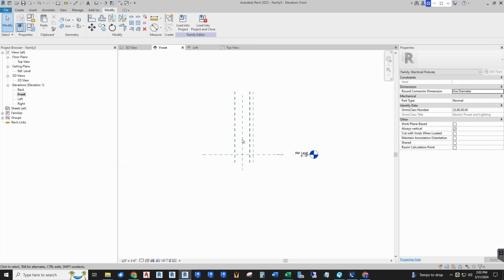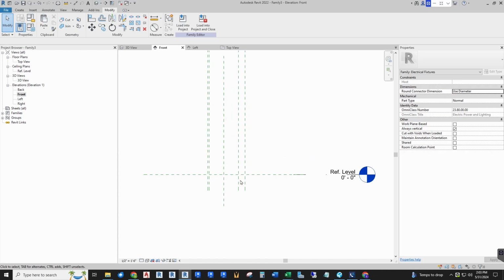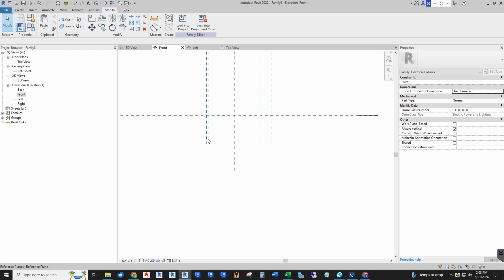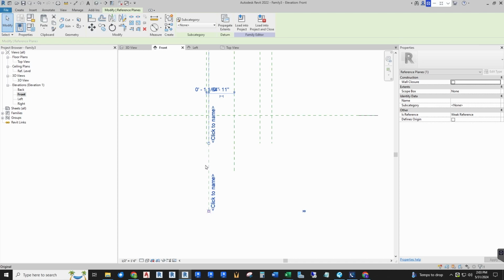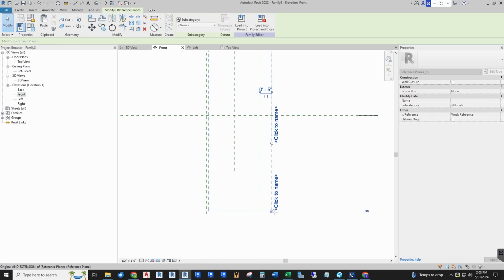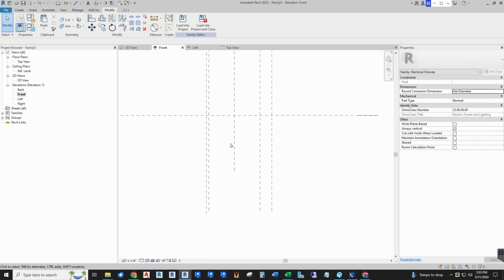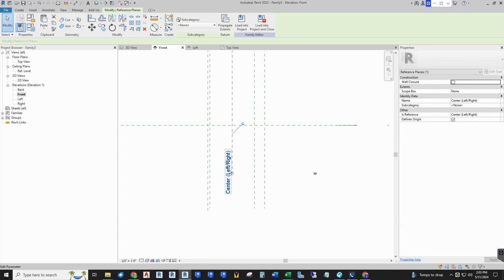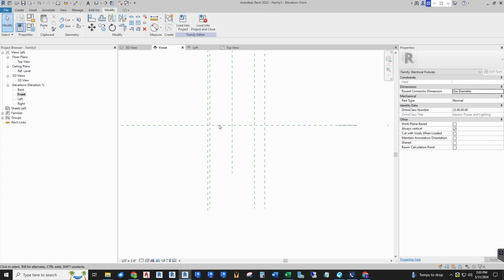And we can see our same reference planes that we drew in. They exist everywhere. And we can extend some of these down if we need to. In reality, these lines go on forever, but visually, we can control how far they are seen. All right, so here's our center line. And you can see right there, it's a center, left and right this time. Now, this horizontal line